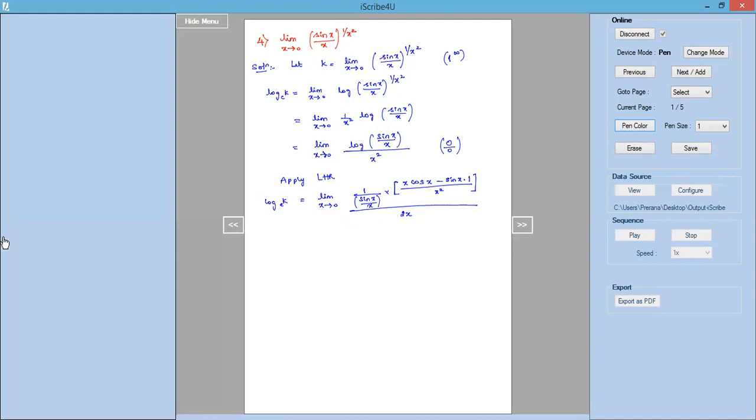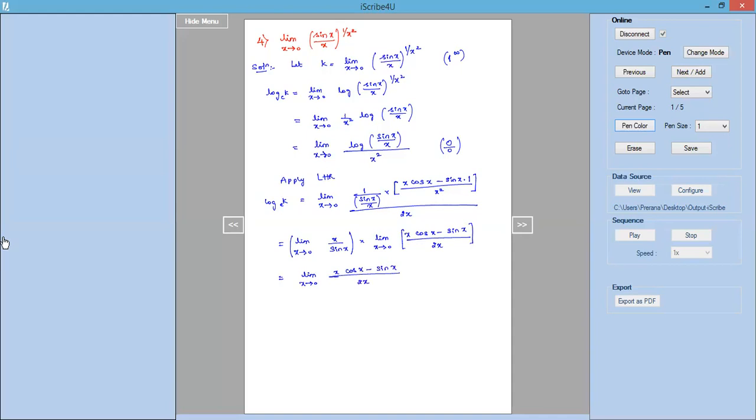Now we will just rearrange this and write down the given limit. So this is the limit as x tends to 0. This can be written as x divided by sin x into, since we have a product form, I can split the limit like this: the limit as x tends to 0 of x cos x minus sin x, the whole divided by 2x. The first limit, the limit as x tends to 0 of x divided by sin x, is 1. So 1 into the other limit gives us back the limit of x into cos x minus sin x, the whole divided by 2x.